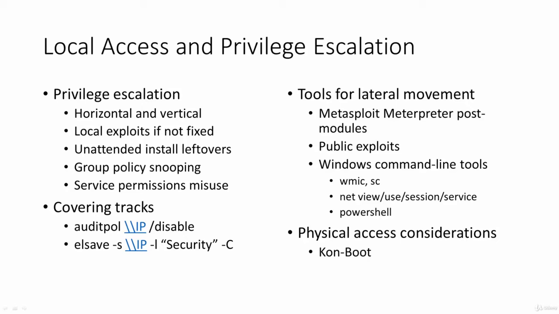Yeah, so locally you can do that, or you have permission and you can do that remotely on that IP address, provided the credentials. And there is the elsave utility that in this case does not save anything. It just clears a specific category of events in the event log on the specific machine. Okay, this is quite